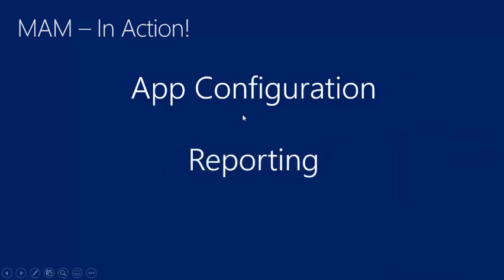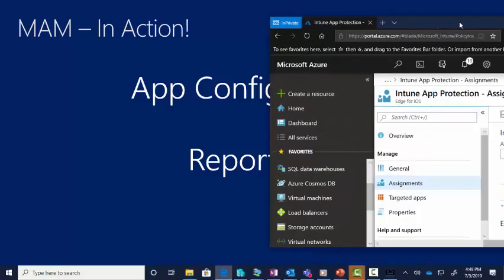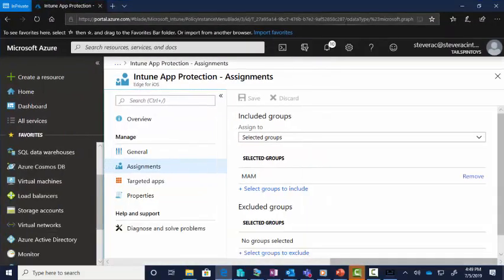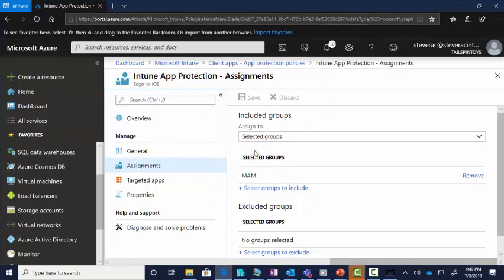Okay, so some other cool stuff here. Having the MAM configuration set up and deployed and so forth is great, but people want to be able to see the effect of their configurations. And so let's pull back in the Intune console. There's a couple of places that we can go. So under